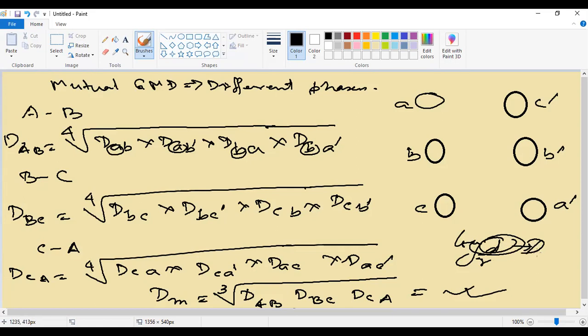So in the upper part, this becomes Dm, and the lower one becomes Ds. So actually the inductance of any line in general is log of Dm by Ds. Dm is your mutual GMD, and this denominator is your self GMD. Is it clear? Yes, sir.